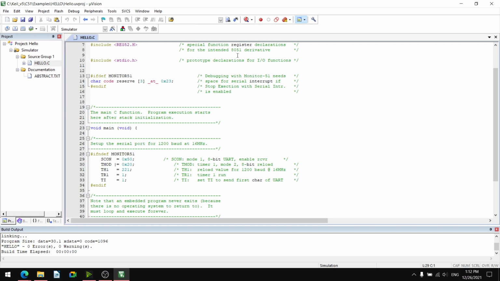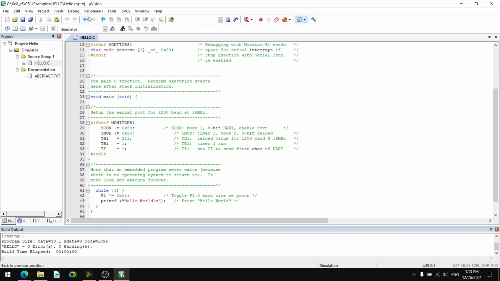So after building, we press debug and we press the run button. Okay. To check the output, we use peripherals, and various peripherals are there. We have seen interrupt, serial, IO ports, timers and counters. From IO port, we checked port P1 in this case, because P1 is used in the program. So this is completed now. The ready-made project was opened, built, debugged, run, and we checked the port output.